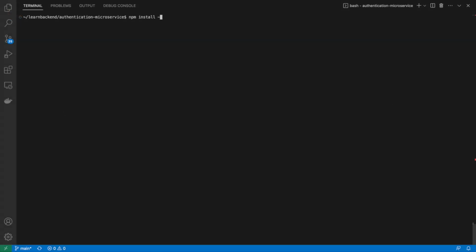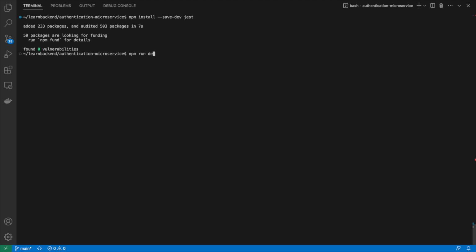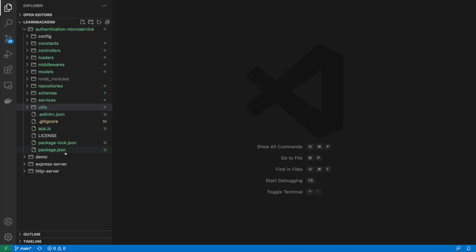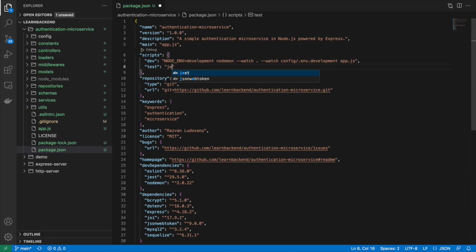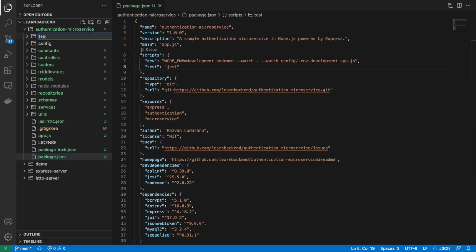So let's start by installing the Jest package using the --save-dev flag. Let's now open the package.json file and replace the test script with this. Finally, let's create a new directory named tests, and within it another directory named unit that will contain the unit